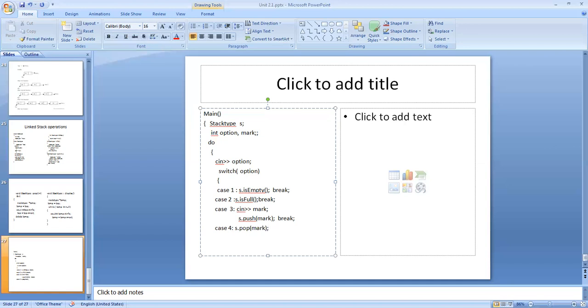S dot pop mark, then cout mark, break. Case 5. S dot display. S dot display. Then all the functions have been executed.